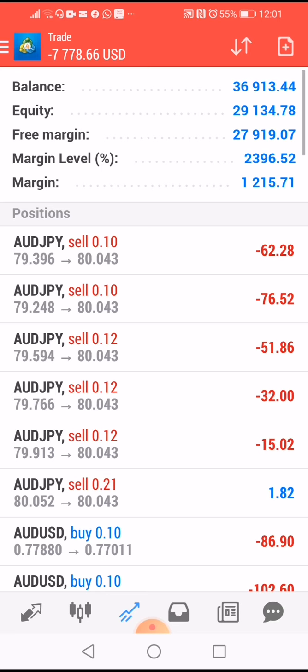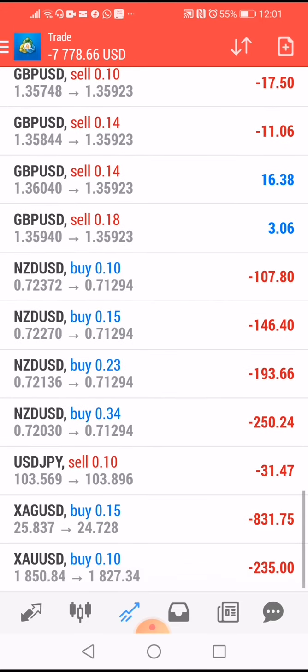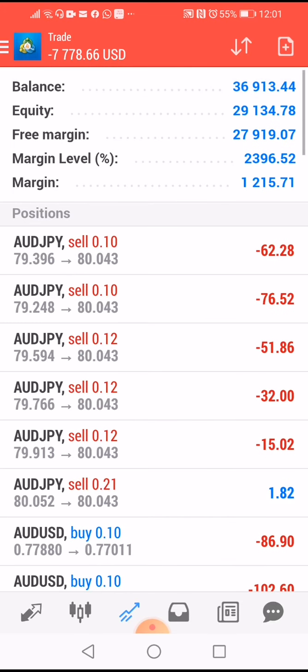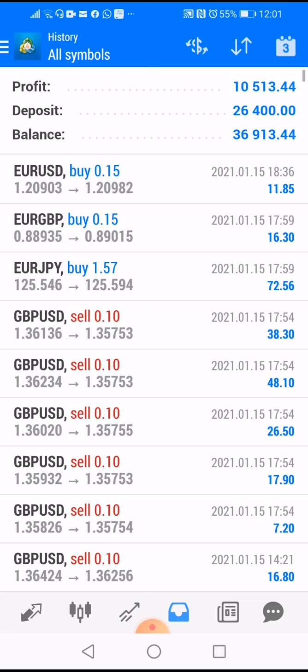Why? Because I have these trades already existing. All these trades that are existing are totaling 7,778 that you can see at the top left. The addition of all these open trades is what I have as 7,778 on the top left. So if I want to close this account today and take out my money, instead of taking out 26,400 or 36,913 as is written here,